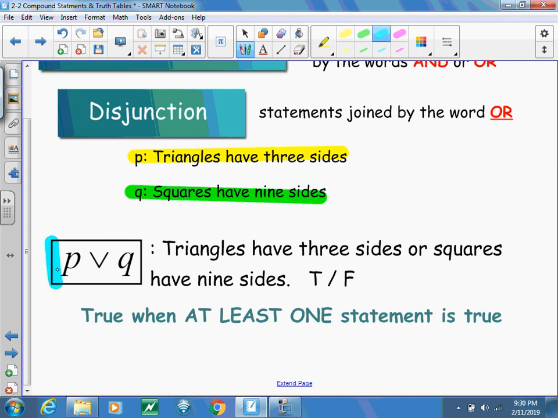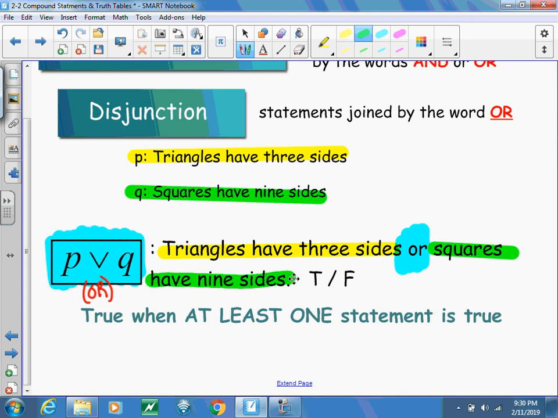I have a little new notation that I've got here, just kind of similar to the last one, where it's a P and it's an arrow pointing downwards and then a Q. That little notation right there, the arrow that's pointing down, is representing the word or. So I'm taking P or Q. So now I take my two statements. I have triangles have 3 sides, or